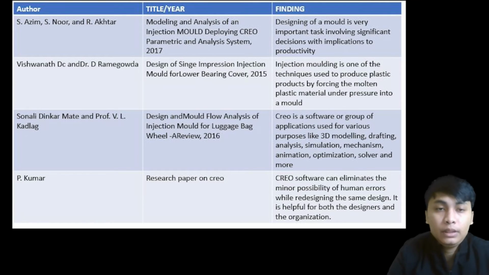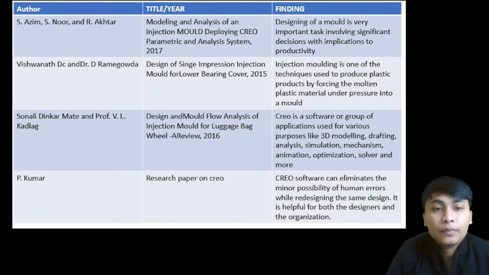The third research paper we got in our literature review is from the authors Sonali Dikra Matt and Prof. V.L. Katlak. The title for this research paper is Design and Mold Flow Analysis of Injection Mold for Logic Bag and Wheel 2016. The finding from this research is that Creo is a software application used for various purposes like 3D modeling, drafting, analysis, simulation, mechanism, animation, optimization, solver, and many more.